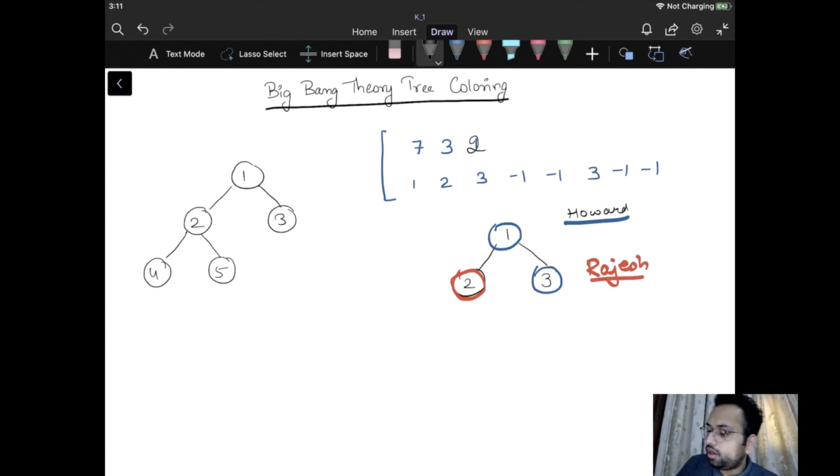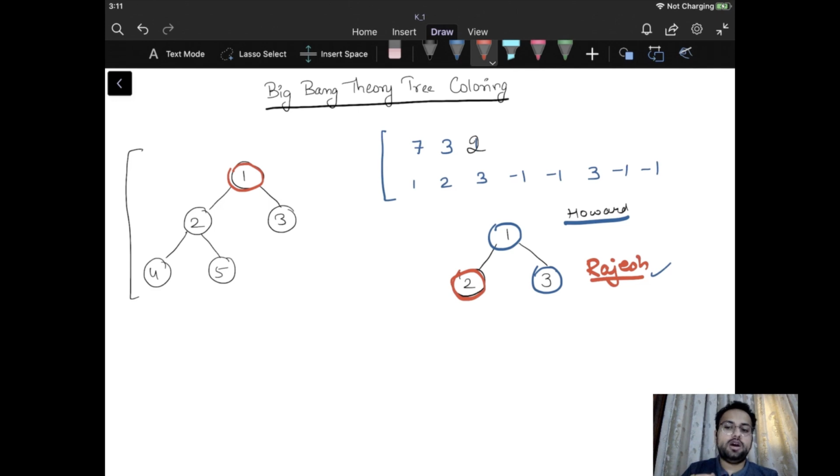For example, in this particular tree, suppose Rajesh is going to choose the color red. Let's say he chose node 1, the root node, in this particular case. So when can I win?